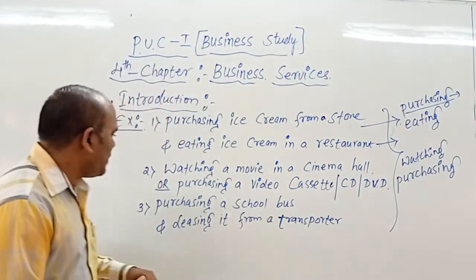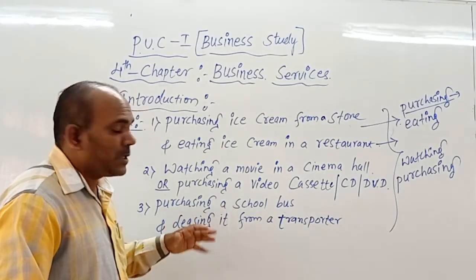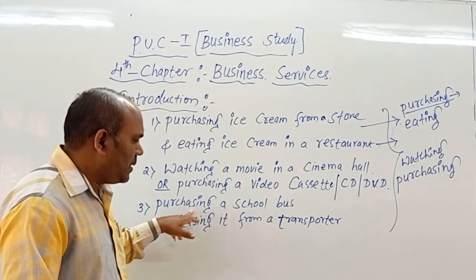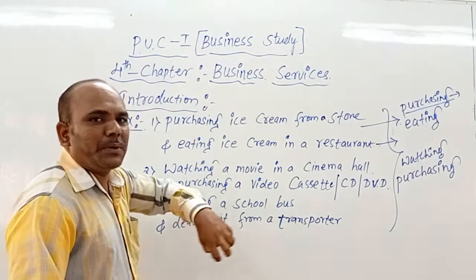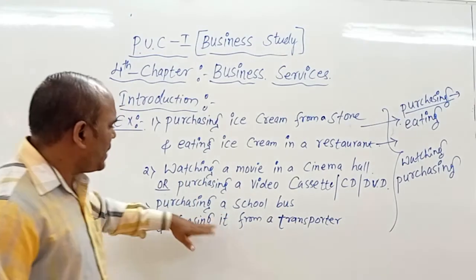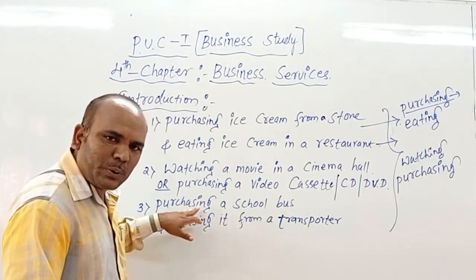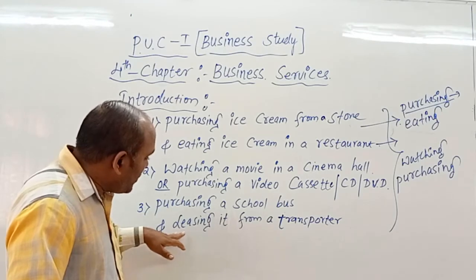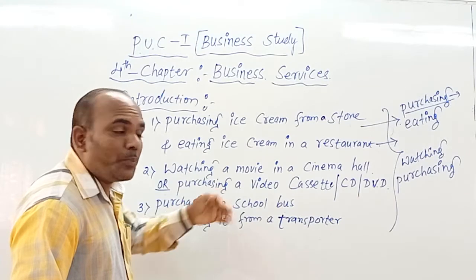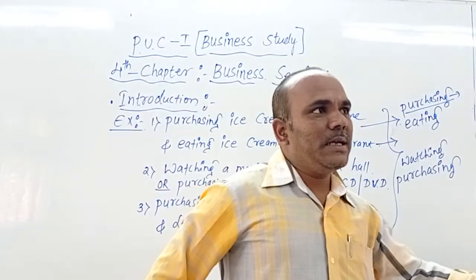Next, take an example of purchasing a school bus or leasing it from a transporter. There is a lot of difference. In purchasing the school bus ಅಂತ ಹೇಳಿದಾಗ ಅದು ಟೋಟಲಿ ನಿಮ್ಮ ಒಂದು ಓನರ್ಶಿಪ್ ಬಂದ್ಬಿಡ್ತದೆ. Then you can provide that service, which can be used for your school. But when we lease from a transporter to provide services for our colleges, ಯಾರ ಟ್ರಾನ್ಸ್ಪೋರ್ಟ್ ಏಜೆನ್ಸಿ ಇರುತ್ತಲ್ಲ ಅವ್ರ ಕಡೆ